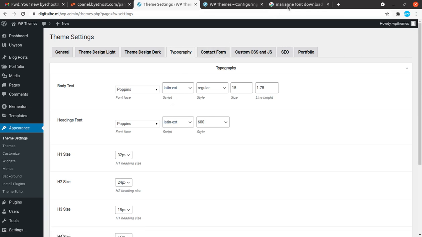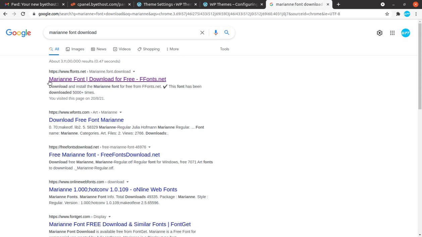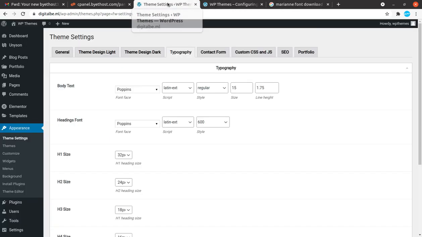So let us take an example that I have to add Marianne font in the theme, and as I can see, the Marianne font is not available.